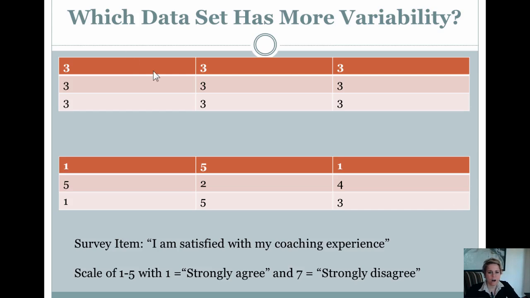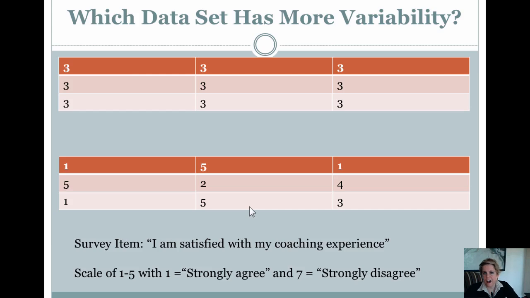So if you look at the top set, which has 9 data points, there's basically no variability. It's all the same. All 3, the average is 3, the mode is 3, the median is 3. This, on the other hand, has more variability. So it shows you that it's important to consider how dispersed the data are. So in this case, 0 variability, no standard deviation, and in this case, there will be a standard deviation, which